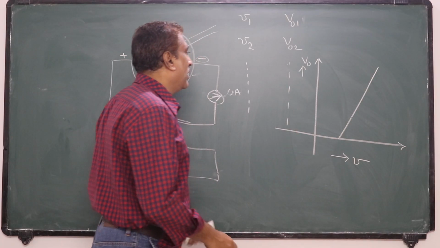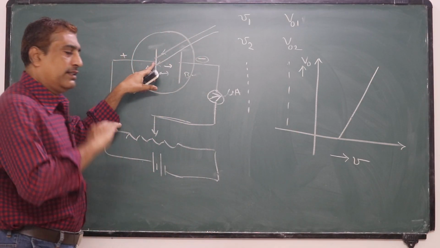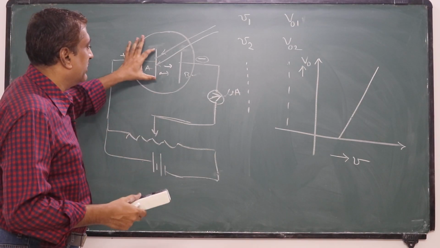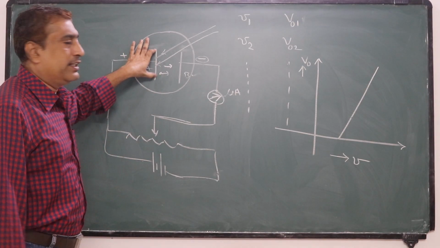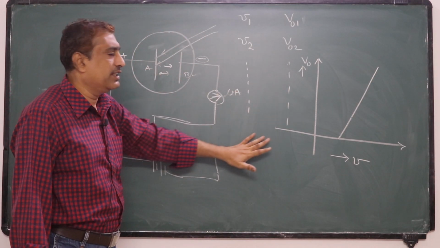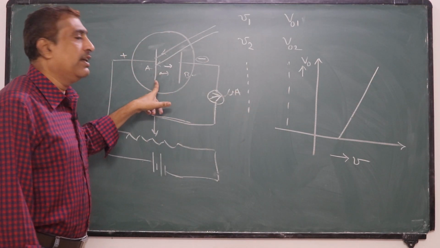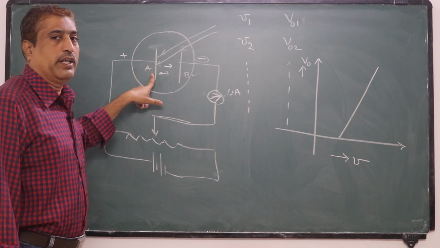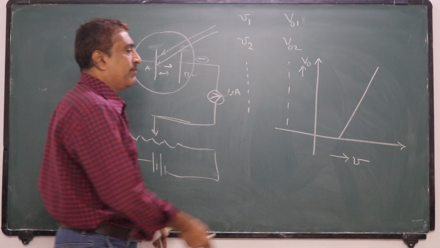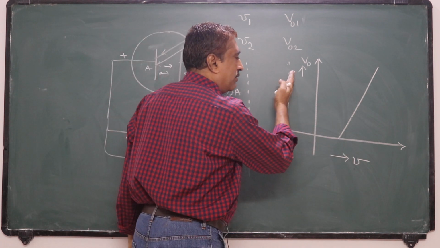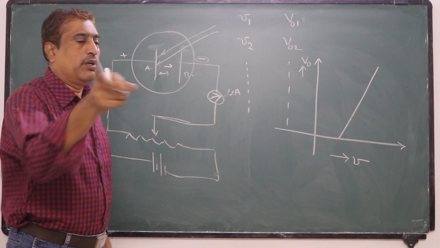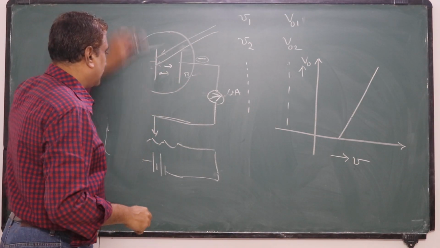Okay, now the second part: he did a number of experiments by changing this photometal. That means the same experimental procedure was repeated for a different photomaterial. In that case also, by drawing the frequency and stopping potential graph, he got the same curve, a straight line. So now how he has verified it is as follows.